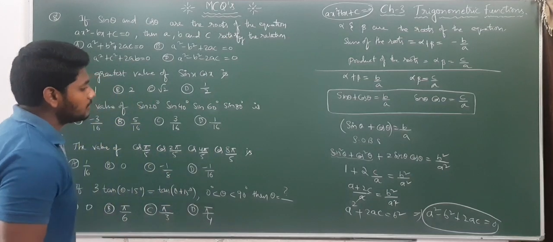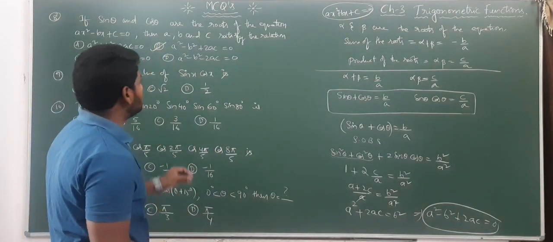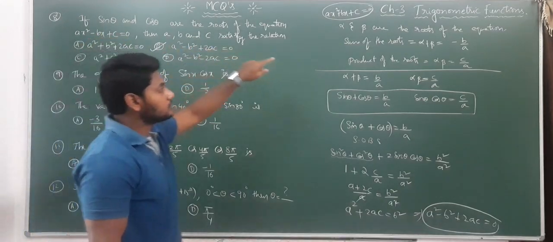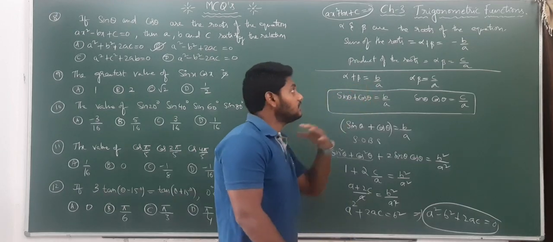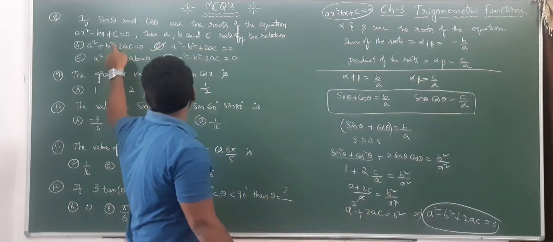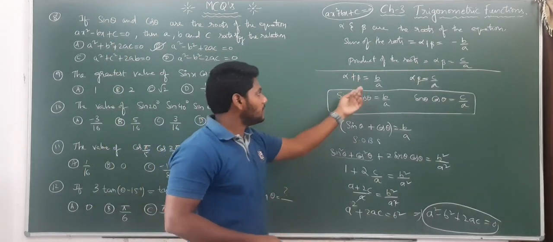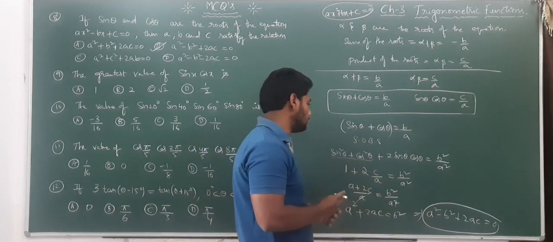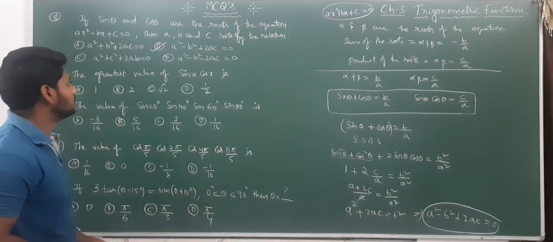So see, a square minus b square plus 2ac equal to 0 is option B. But if you did not observe this condition, for a x square minus bx plus c, alpha plus beta is equal to minus b by a. So actually, according to the rule it is minus b by a, but according to this question it is plus b by a. If it is minus or plus here, it does not matter. Why? Because we are squaring on both sides. Okay, no problem. So like this we will get question number 8.